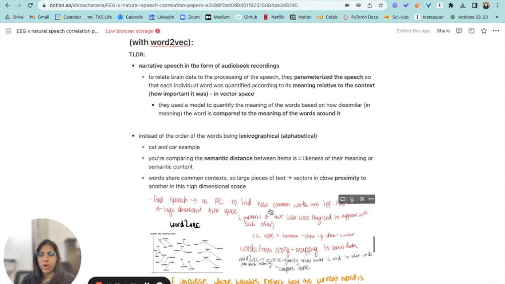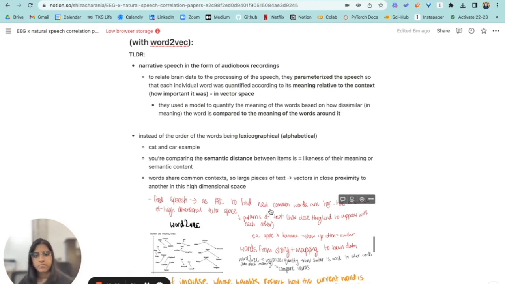So you can't say that car would be right. Instead, you would look at something like cat and dog. So that's based on the semantic content. So you wouldn't care about car. That would be given a very high loss, a high error rate. Whereas if you use dog, then it would be given a lower error rate because it relates more semantically to the word cat. So it's basically seeing how words share their common context and how close they are semantically, the proximity of one vector to another in a high dimensional space, because now you have a bunch of different vectors